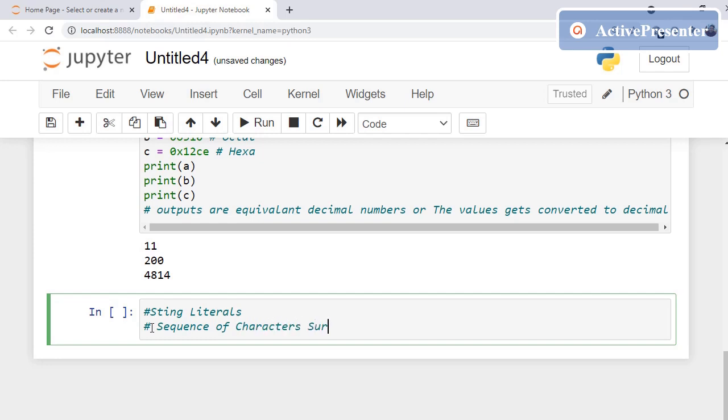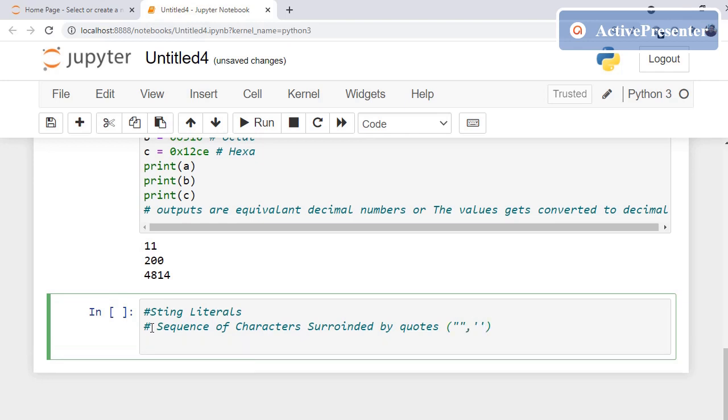Quotes means we can write it like this or like this, both will work.